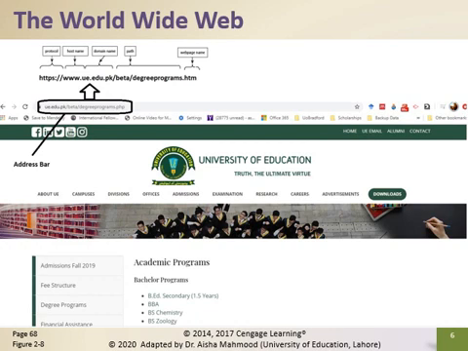The path beta/degreeprograms.htm in this web address identifies a web page that is specified in a file named degreeprograms.htm, which is located in a folder named beta on the server that hosts the ue.edu.pk websites. When you enter this web address, after obtaining the IP address from the ue.edu.pk domain name, the browser sends a request to the web server to retrieve the web page named degreeprograms.htm and delivers it to your browser